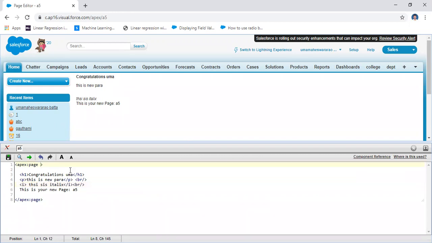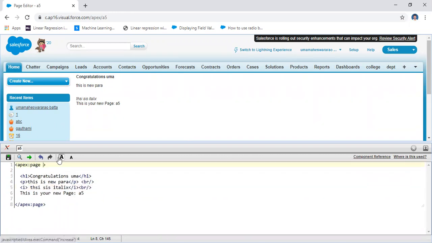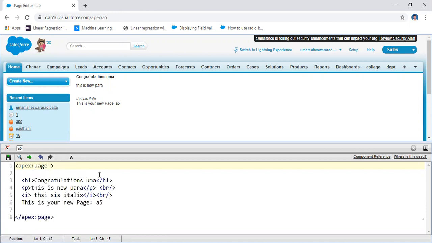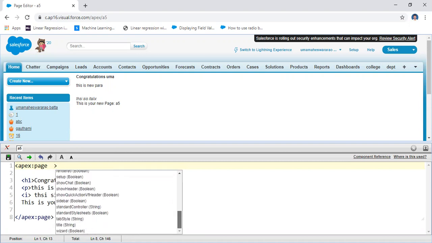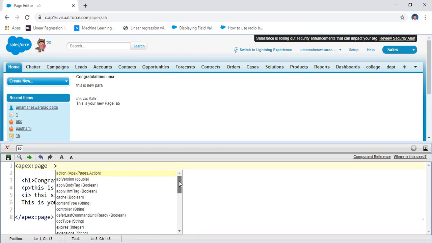Not only tags, the apex:page consists of different attributes. You have a lot of attributes here, and among these you will use some. For example, sidebar. On the left side you have a sidebar. I want to remove the sidebar.